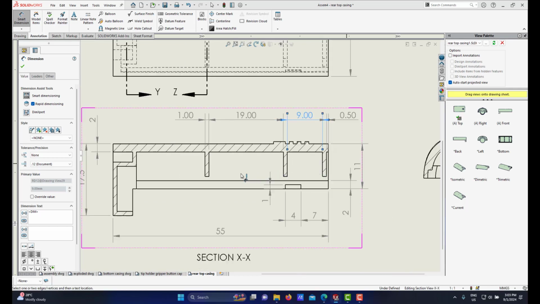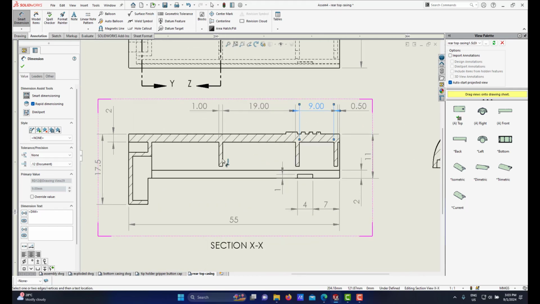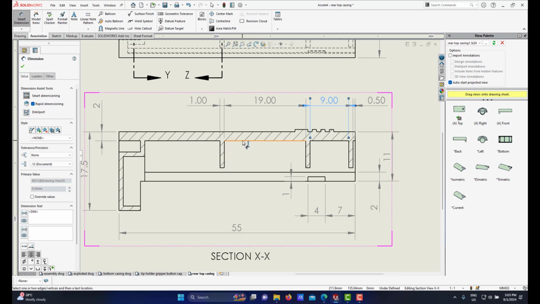Okay, and also I need to show the length, the height of this rib from this line to this